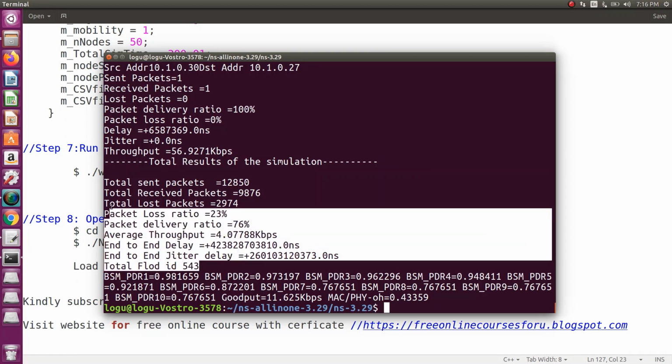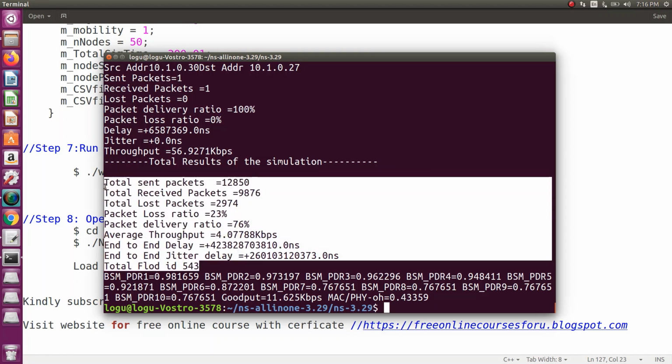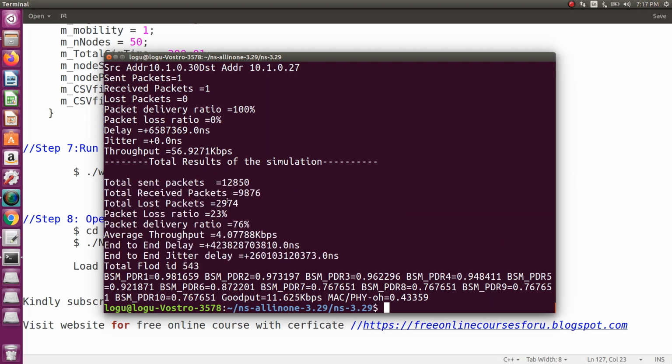If we enable different protocols, we are using 4 protocols, so we get 4 different results. You can compare the results by using different graphs.